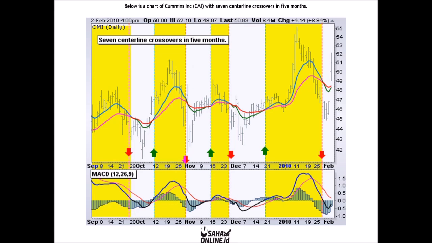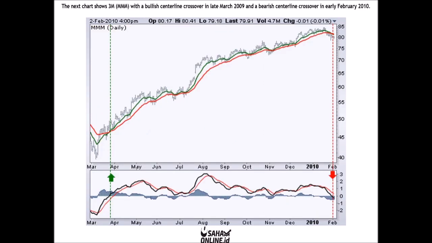Below is a chart of a stock with 7 centerline crossovers in 5 months. In contrast to the chart before, these signals would have resulted in numerous whipsaws because strong trends did not materialize after the crossovers. The chart on the screen shows a stock with a bullish centerline crossover in late March 2009